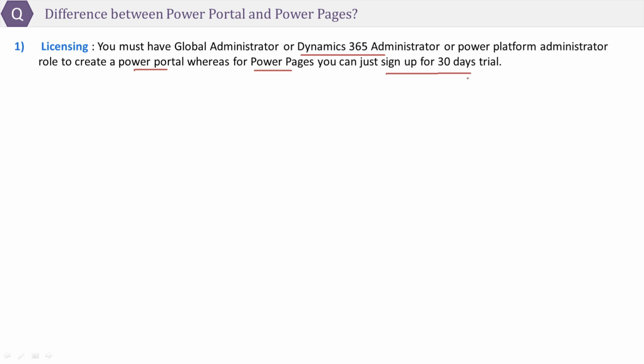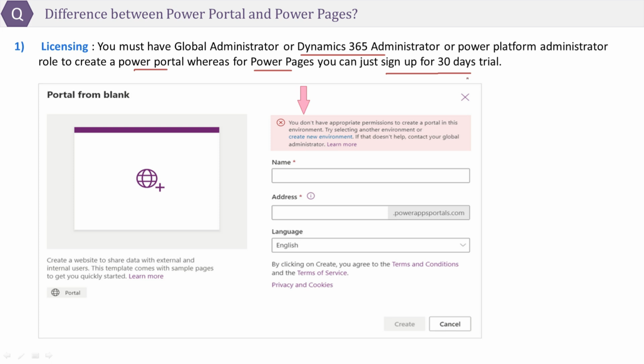If you try to build a Power Portal with your Power Apps license, then you will receive the following error, which says you don't have permission to create a portal in this environment. Try selecting another environment or create a new environment. If that doesn't help, contact your global administrator.